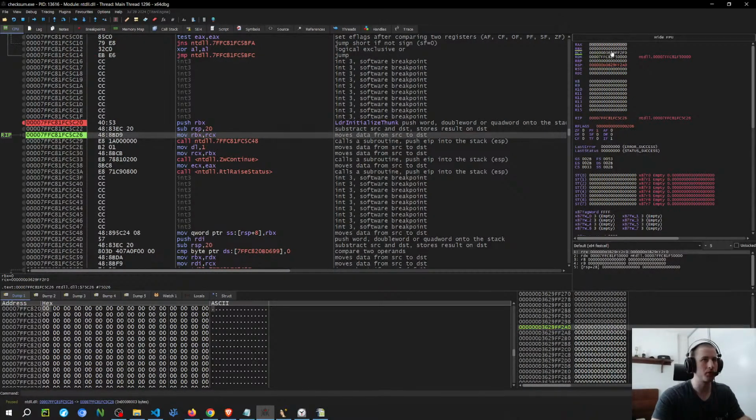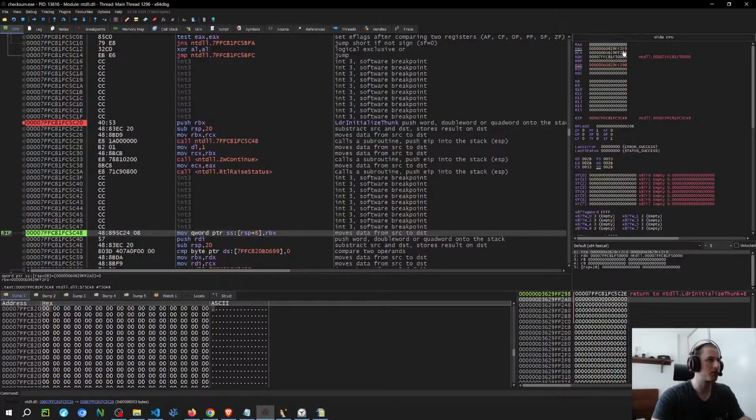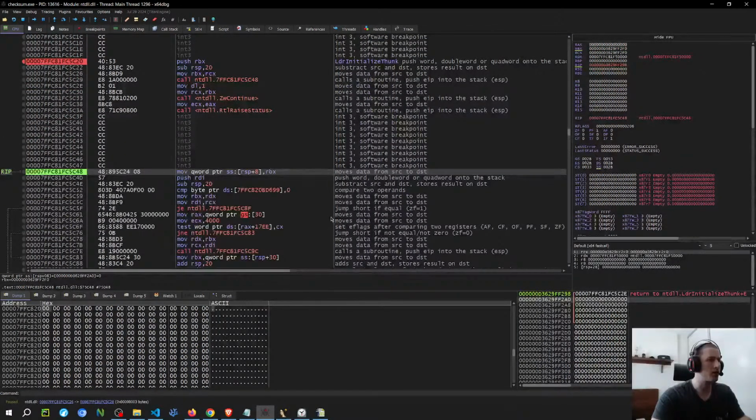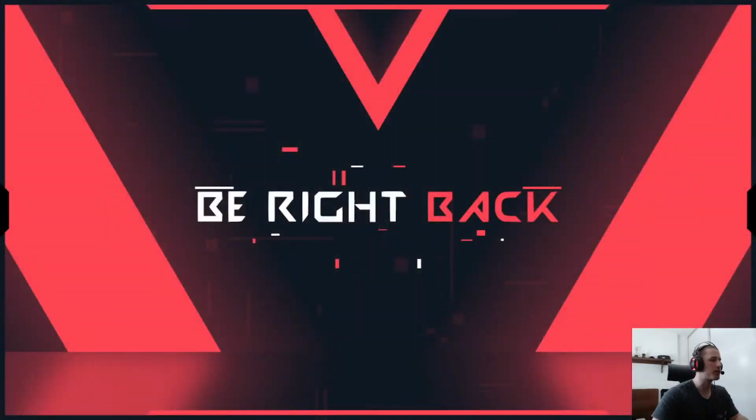It's gonna push from the counter register the value that it has here to the RBX. And then it's gonna call this function. So I think the thing that I was thinking about doing is to go over the jump instructions. I'm gonna press F9 and get to the points. Yeah, so this is the first thing that I was gonna ask here. So I was gonna ask ChatGPT, how can I